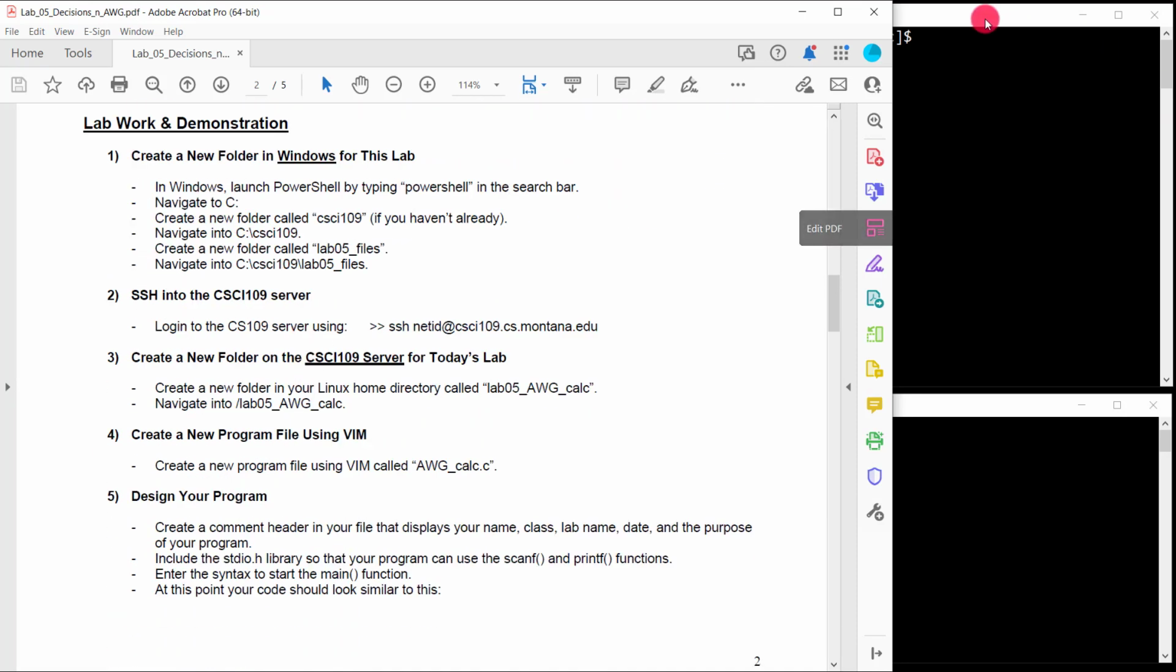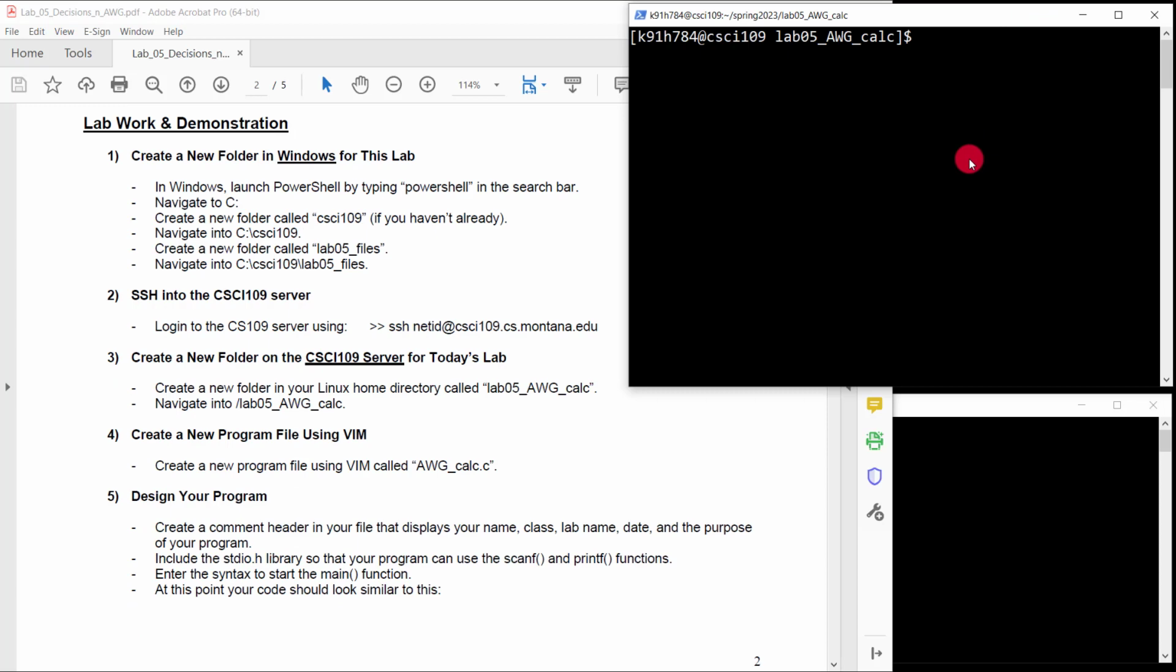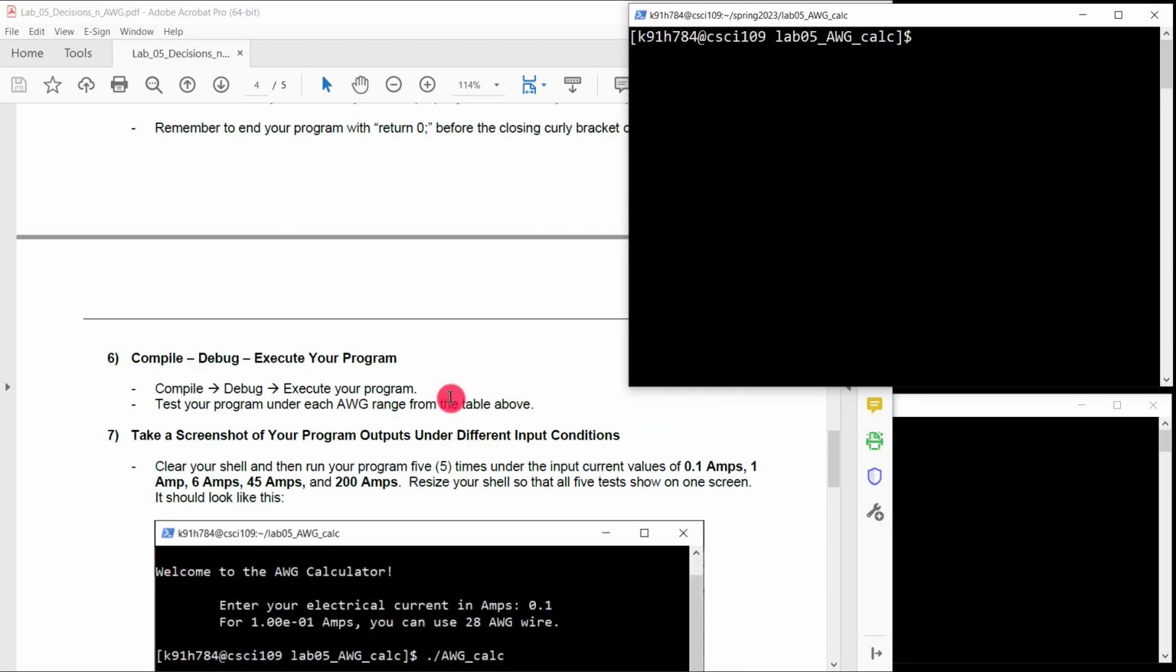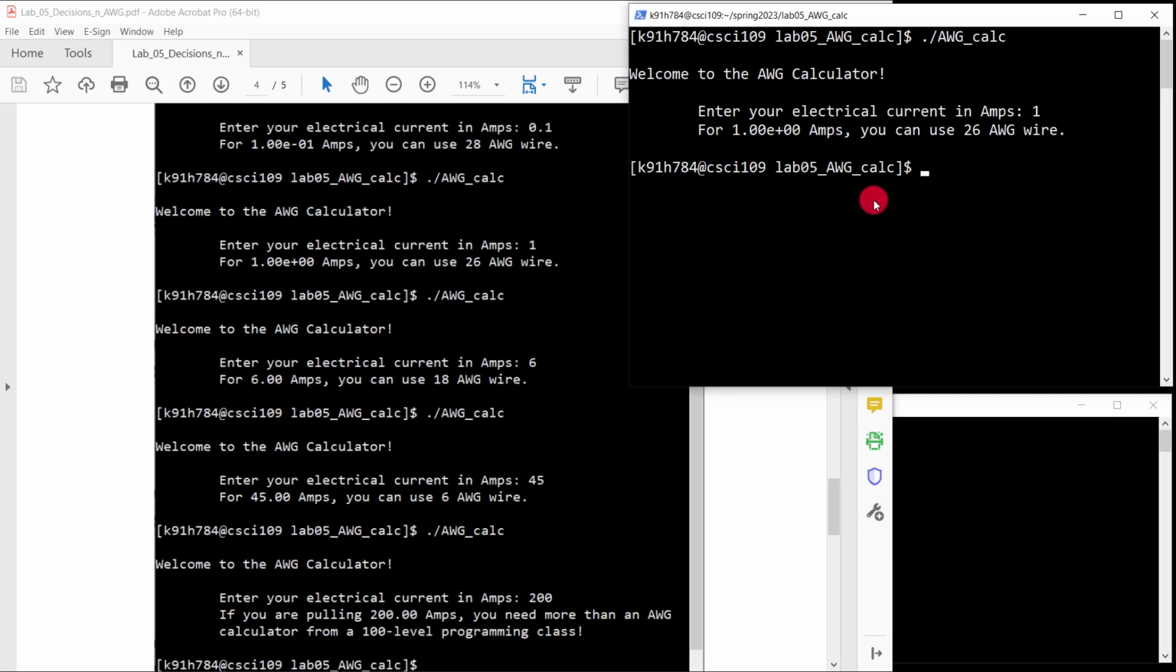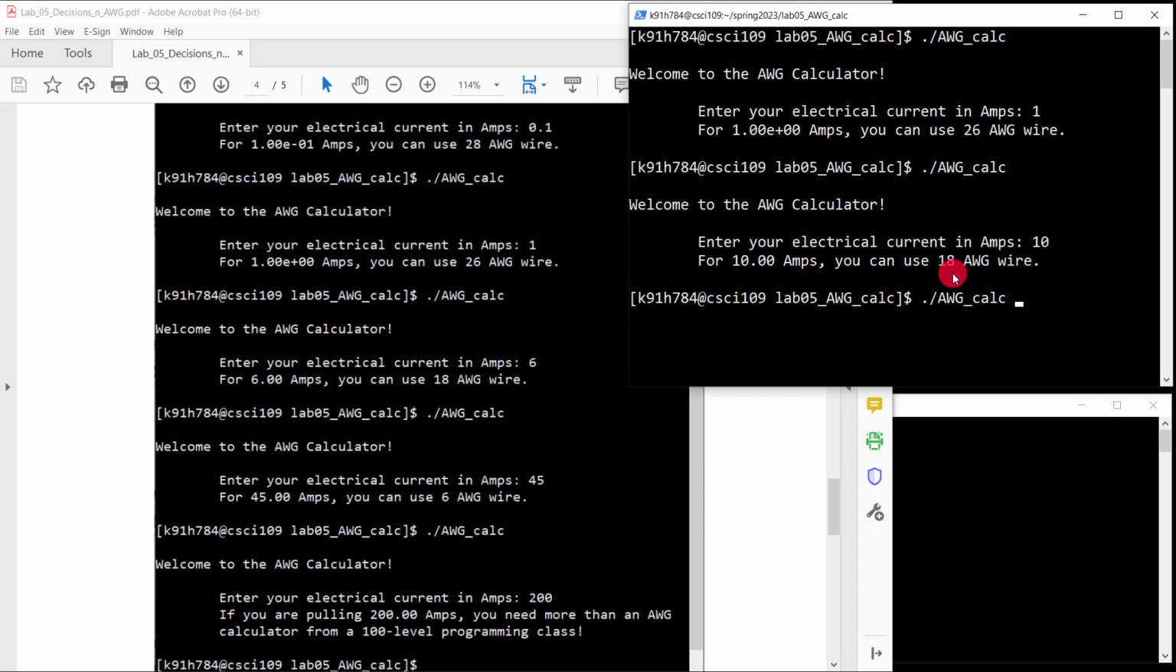So I just want to show you how this is going to look when you run it, to give you a feel for it. Let me show you what the output's going to look like. Let me just run mine so you can see it. So I'm going to run American wire gauge. Welcome to the AWG calculator. Enter your current in amps. If I enter 1 amp, it's going to give back the result for 1 amp, in scientific notation with the units: you can use 26 AWG. So this 26 is the value here. That's what you're doing with this big decision tree. If I do it again and say 10, it gives me a different one, 18. If I do another one, like 200, it'll be like,